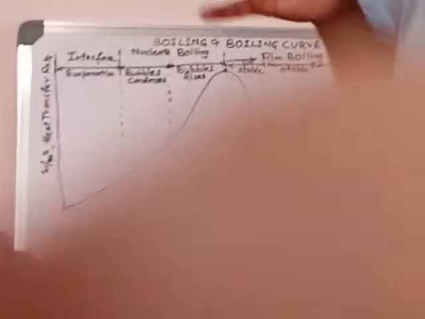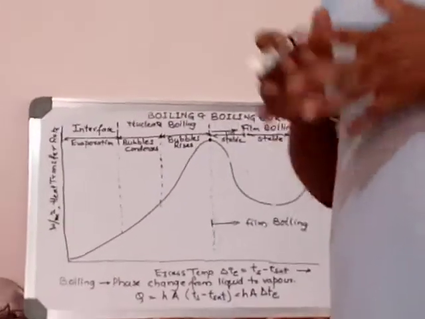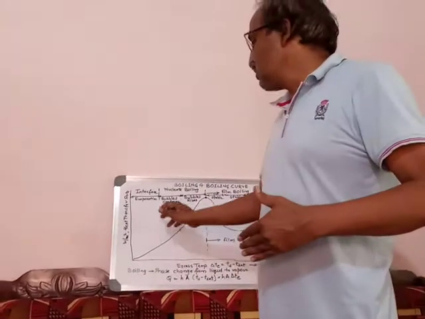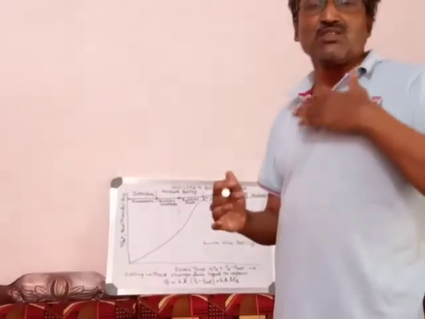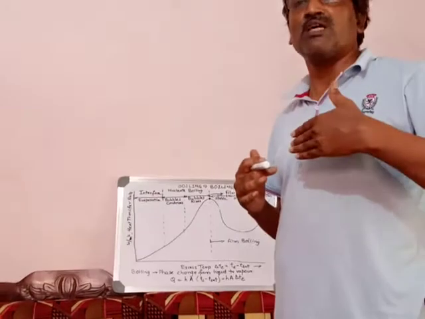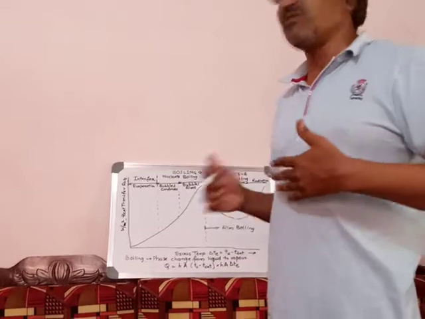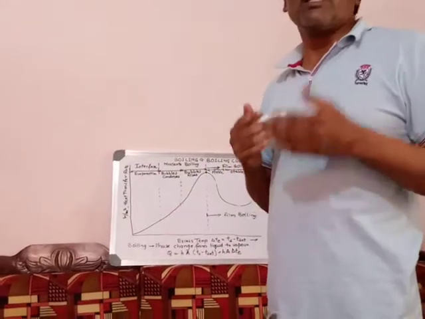Means the liquid will be agitated because of the bubble. So, better mixing. The new water will come in contact with the nichrome wire, so at the nichrome wire, new bubbles are formed. It will go up, or rise up, and it will rupture. Again, new water will touch the nichrome wire. Again, the bubble will form.